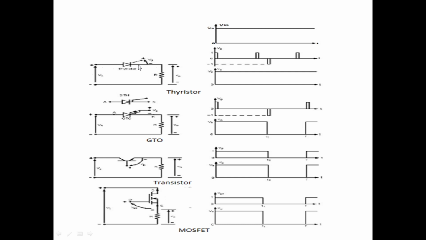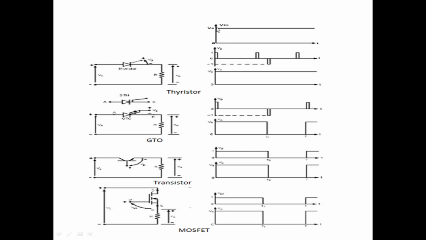For that we need to turn on the SCR. To turn on the SCR we have the gate terminal and we need to apply a gate voltage like this. We have studied that a short pulse is enough to turn on the SCR. If you apply a gate voltage like this,